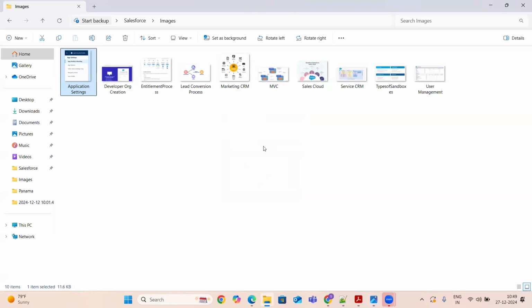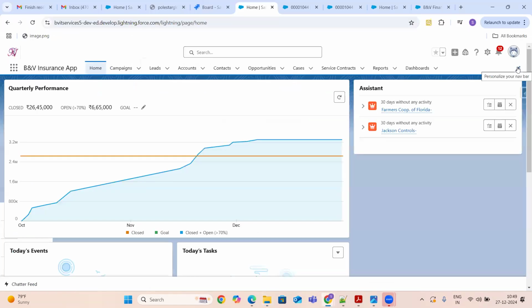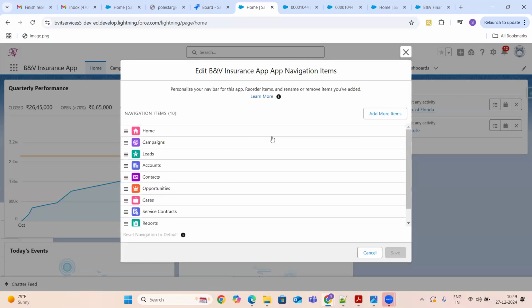One is related to the omni channel, and one is related to whether you want to disable the customization or personalization of your navigation bar. Basically, when any user logs in, these are the ones which display. But if you want to see more when you log in, then you can customize, you can personalize the things.